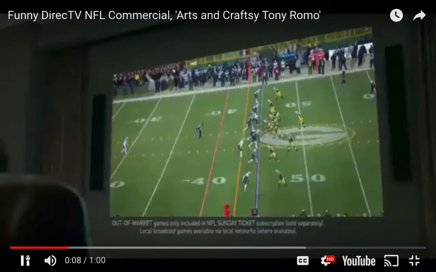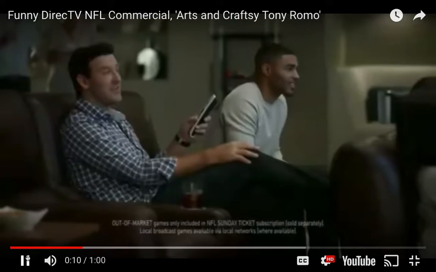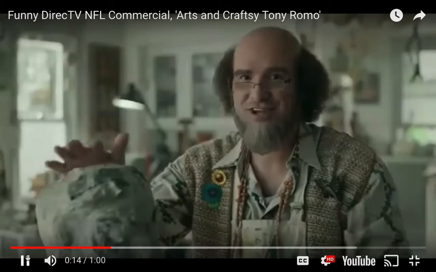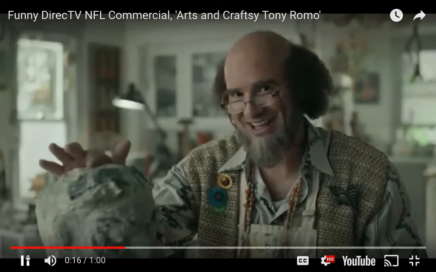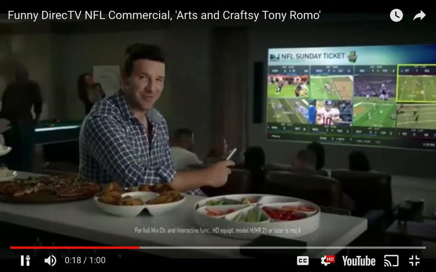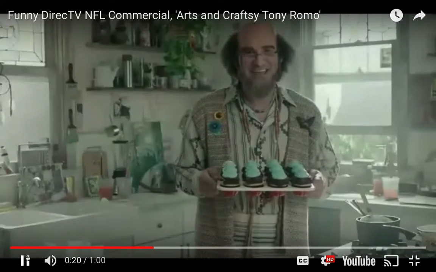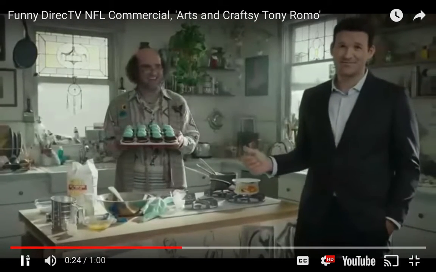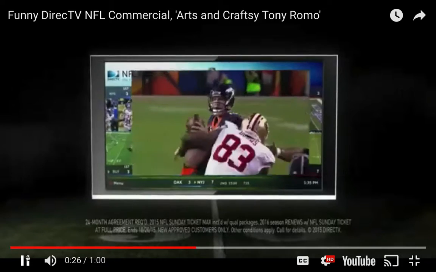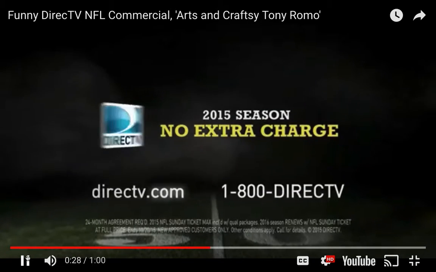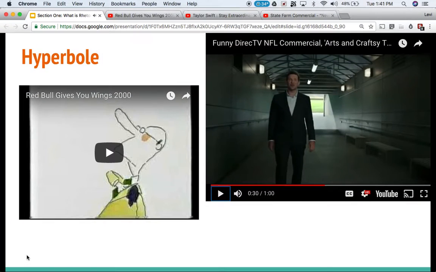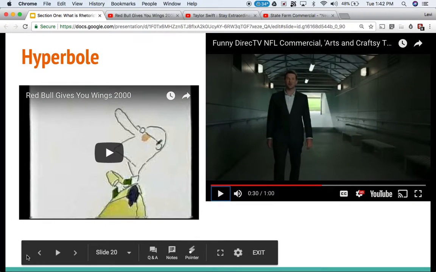DirecTV's NFL Sunday Ticket lets you watch every single game live, from start to finish. With cable, you don't get every game, so I channel my frustrations using paper mache. I can pick out any game I want to watch from the 8-game mix. I mixed a cupcake and a brownie. I'm calling it a crownie. Don't be like this, me. Get NFL Sunday Ticket, only on DirecTV. Call 1-800-DirecTV. I'm Tony.